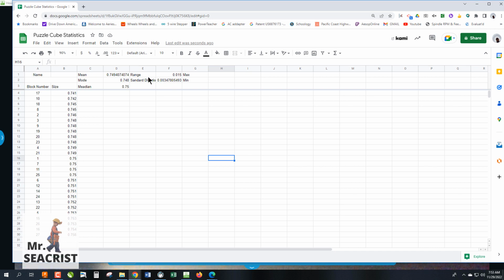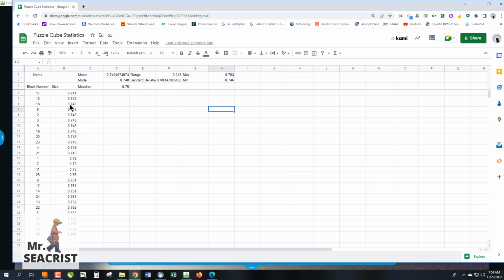So what we have to do now is we're going to take the median size and add the standard deviation to it to get our maximum, and then take our median size and subtract the standard deviation to get our minimum. So let's do that now. Equals to this number plus the standard deviation, and this one is equal to this number minus the standard deviation. So, and then we are going to round these two down to only 3 decimals. So our standard deviation means that we should only be using blocks between 753 and